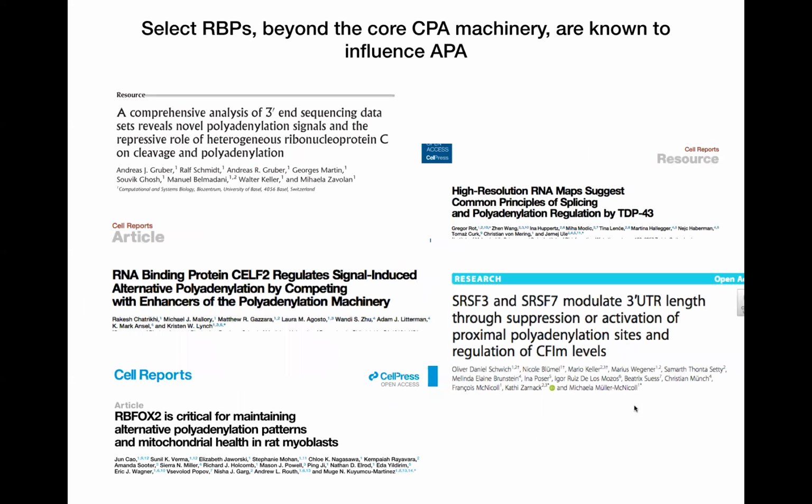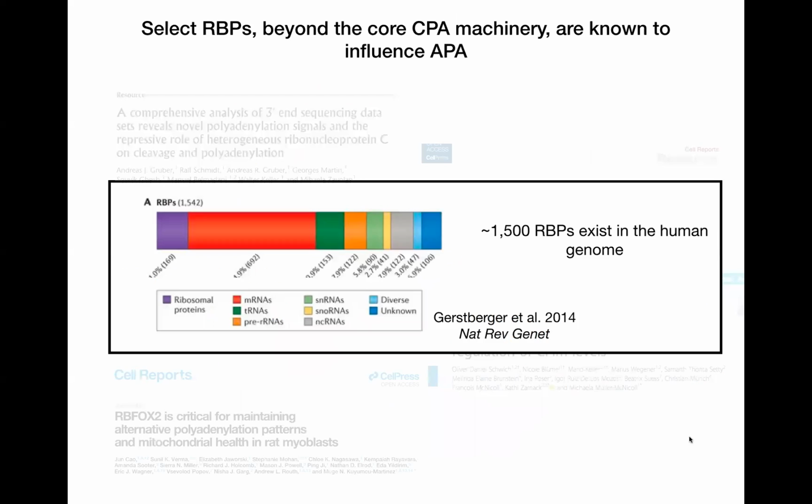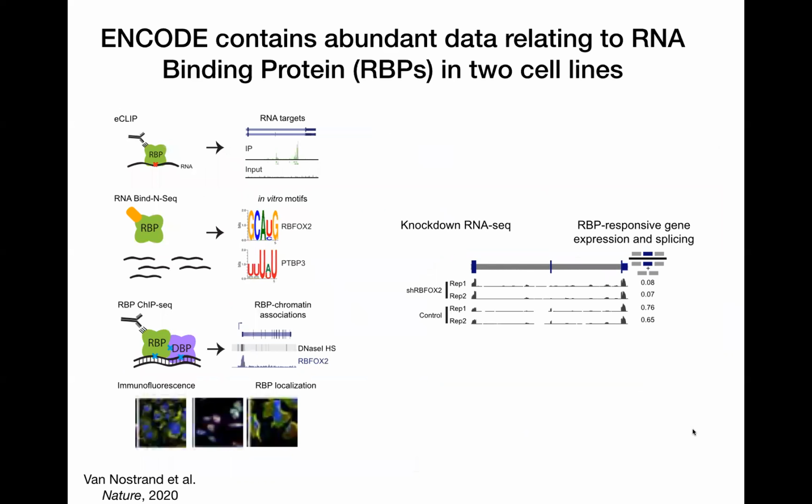Here I highlight a few such studies of individual RBPs that influence APA, but really we see this as a missing regulator problem, where there are many RBPs that exist within the human genome, but most have not explicitly been explored as potential regulators of APA. So our approach here is to utilize the compendium of RBP-related data from ENCODE to search for additional potential novel